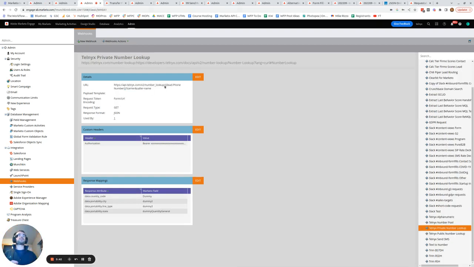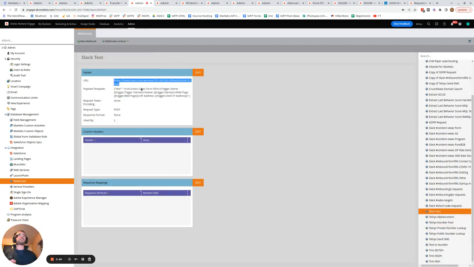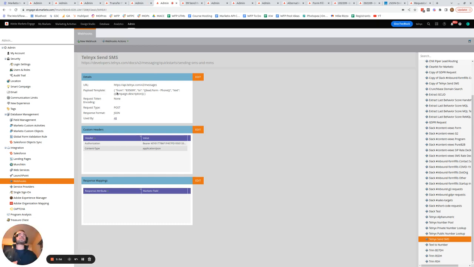That's one example. Other tokens you can use within the URL. So you can also use lead tokens within the URL. You can use trigger tokens too. You can pull those in. And then finally, you can also use campaign description tokens. So I use this. This is a webhook that sends SMS notifications to people from Marketo using the Telnyx telecommunications platform. And the way this works is